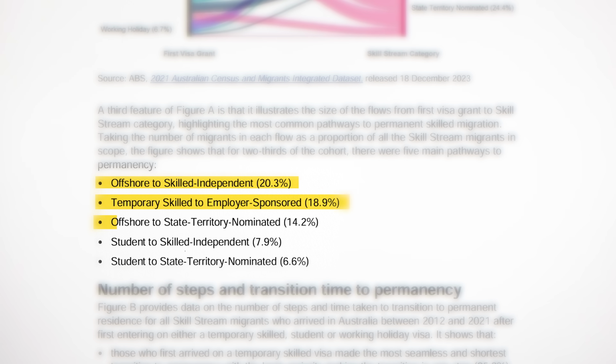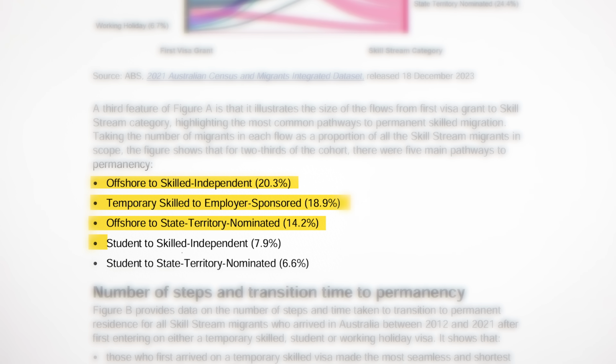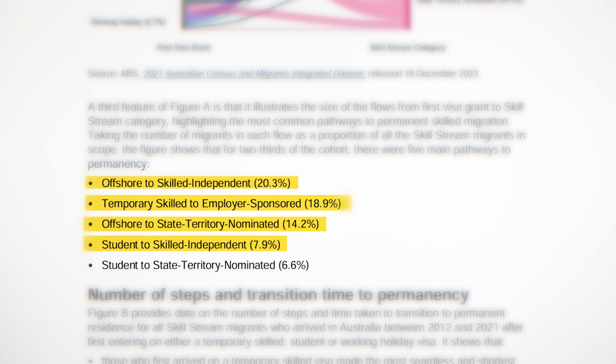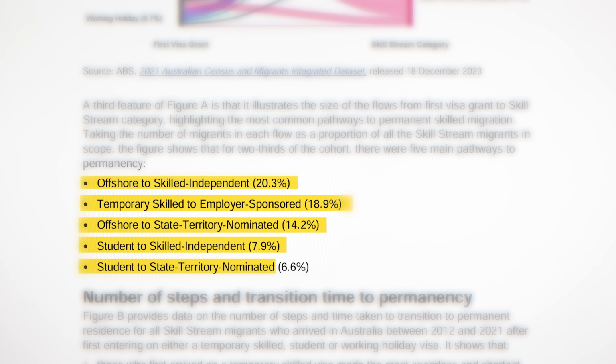Those offshore who used the state territory nominated were 14.2%. Student visa holders to the skilled independent were 7.9%, and student visa holders to the state territory nominated categories was 6.6%. Now, the amount of time it took them and the number of steps necessary to achieve their PR goal